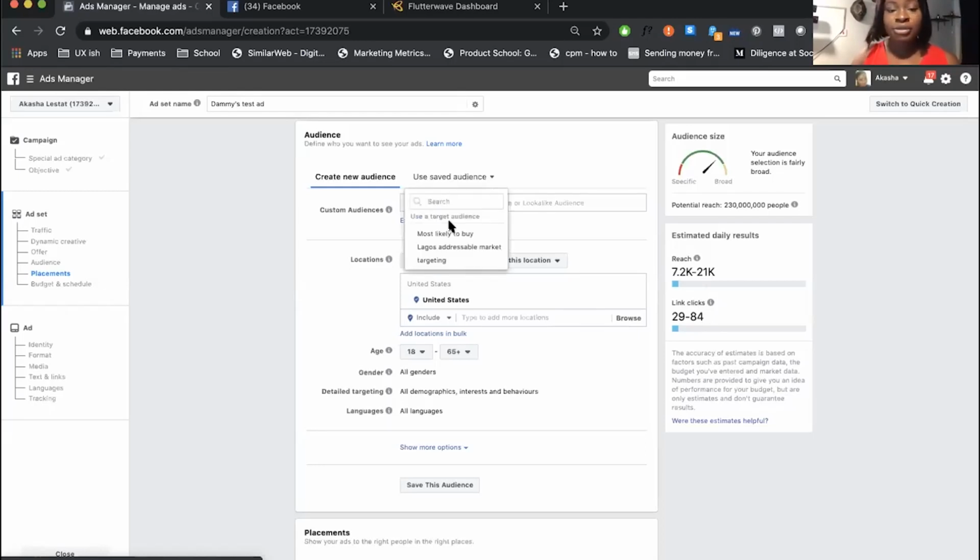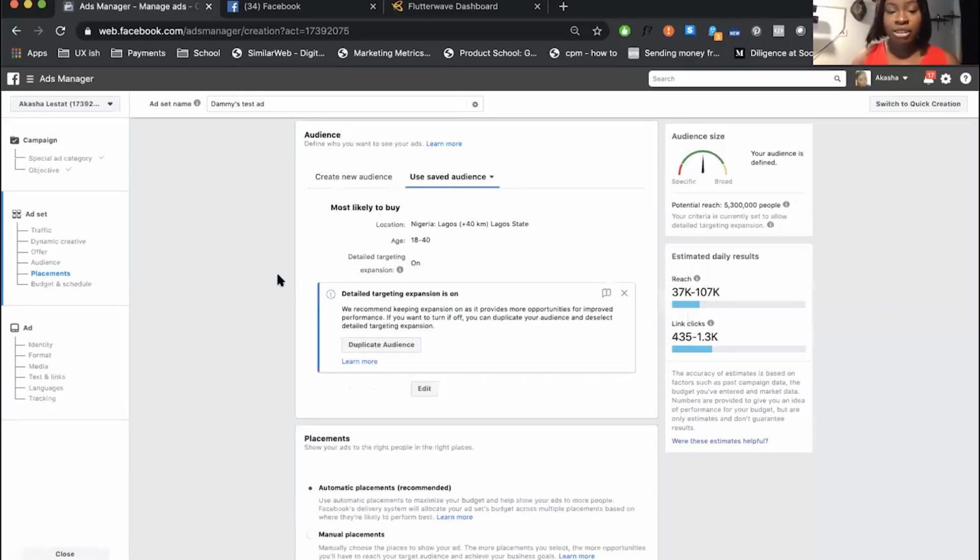Now let's go back into my previous audience that I selected. Immediately, you see my audience size reduces, but then the return on my investment significantly improves. Targeting is very important in the digital space. You need to know who your audience is and focus on that, because remember, there are millions of these people already.